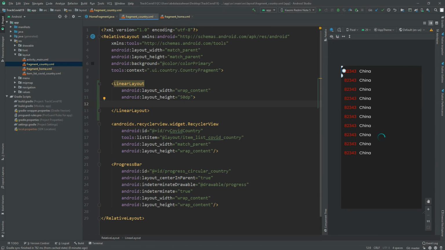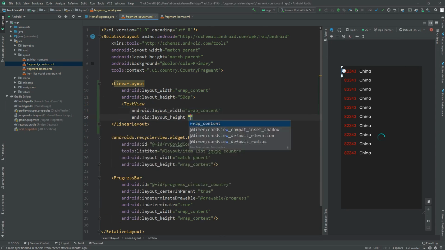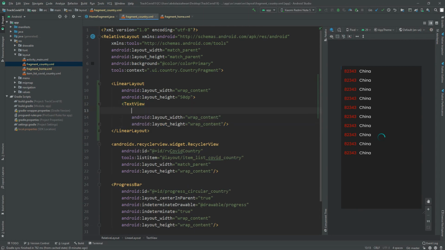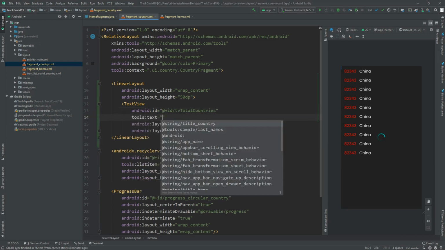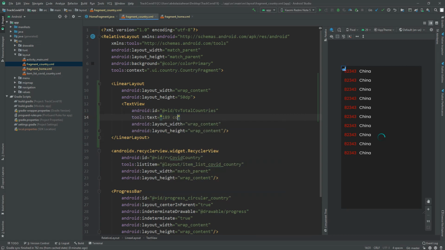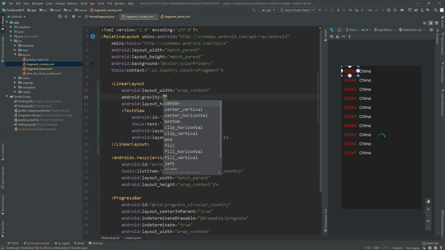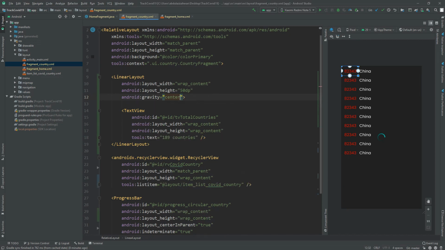and inside this linear layout we add a text view, and this text view will show us the total countries around the world, and we give ID here, let's say TV total countries, and we give text here, and we need to set gravity here, let's say center, and this is match parent,